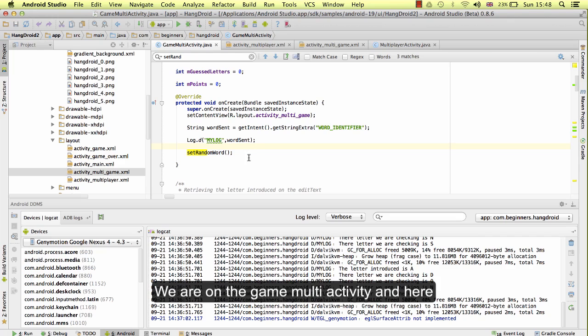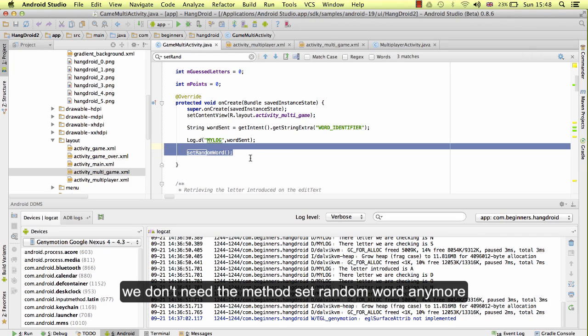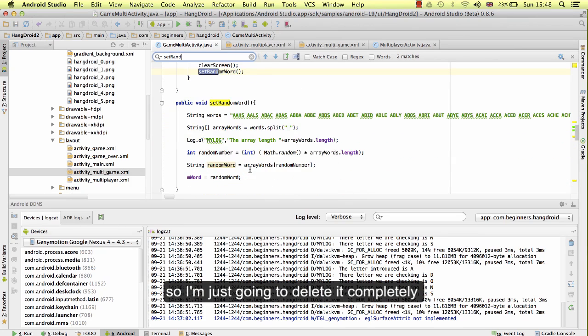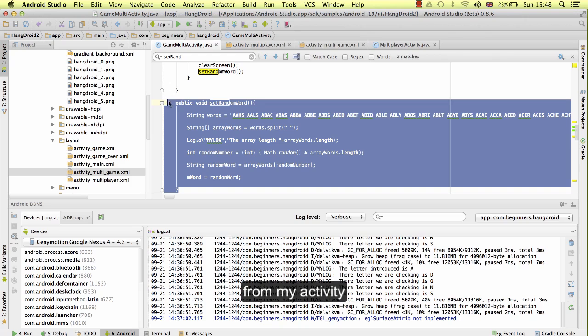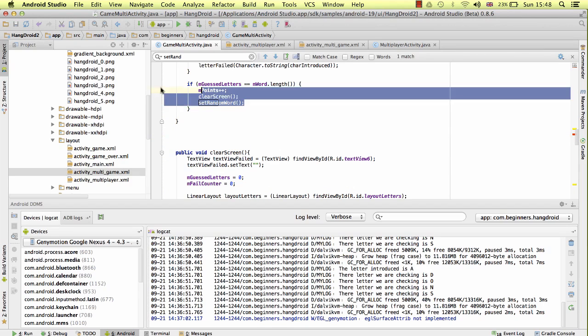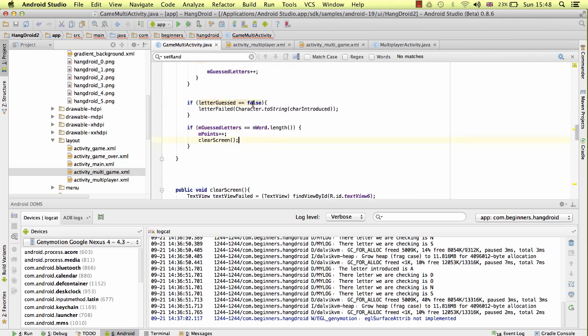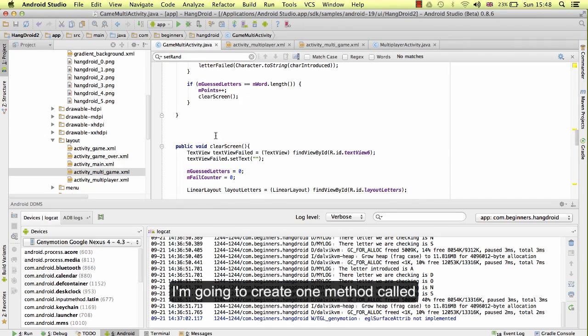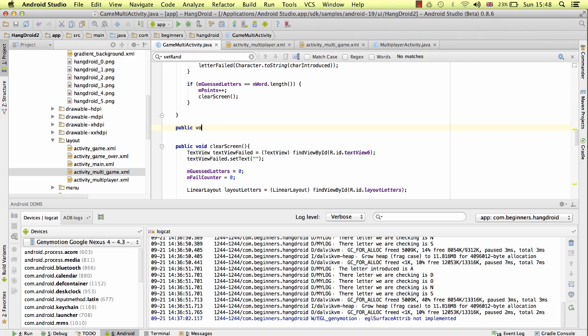We are on the game multi-activity, and here we don't need the method set random word anymore. So I'm just going to delete it completely from my activity. Okay, what we need is one method that creates text view for the word. So I'm going to create one method called create text view for one word,